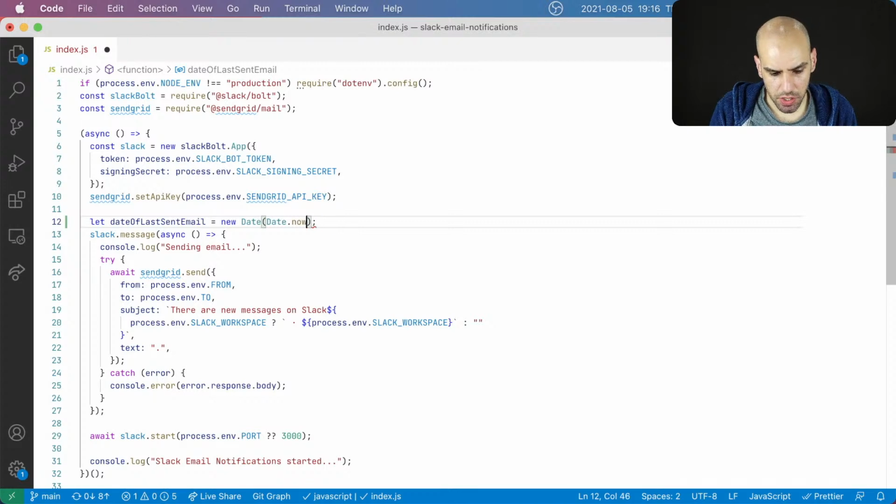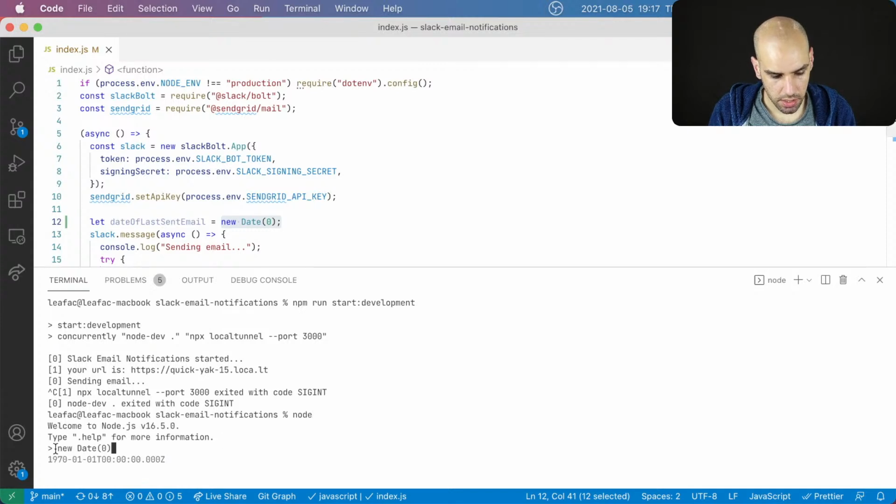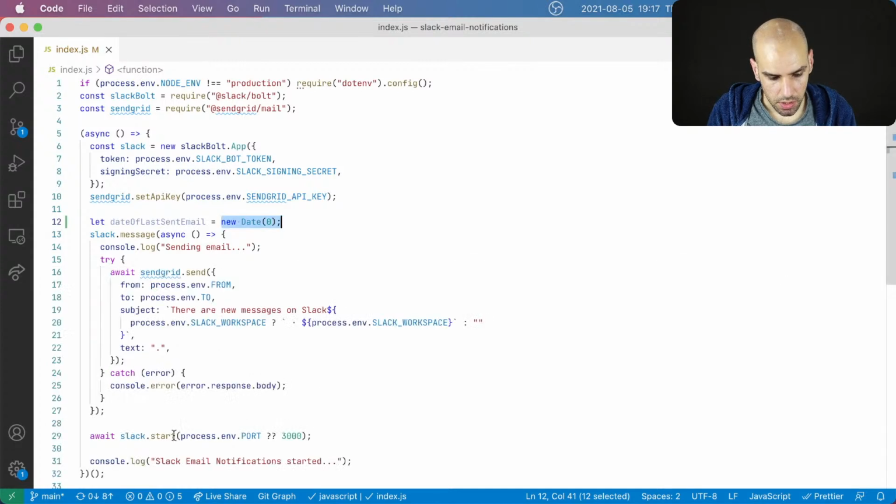So what if I just say new date of 0? I think that will be something around 1970. Let's see. Yes, around 1970. That's when the timestamps started. So I can start with a date of last sent email that is way in the past.